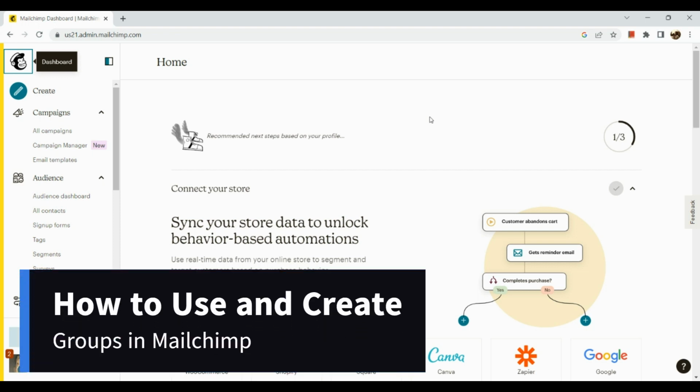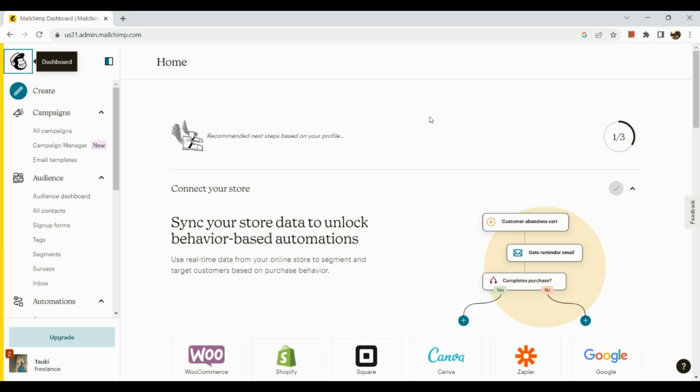How to use and create groups in Mailchimp. So hi guys, the first thing that we need to do is to open our browser and sign into our